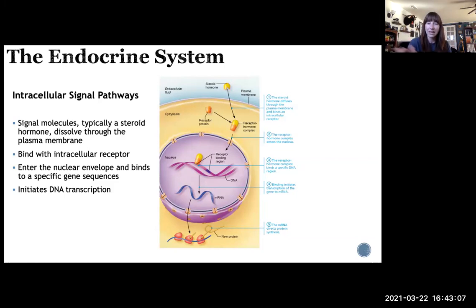So once we can get the nucleus of every cell to be producing whatever protein will cause that organ to do the thing that it needs to do to respond to the hormone from the endocrine system,